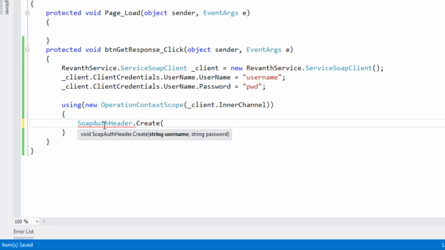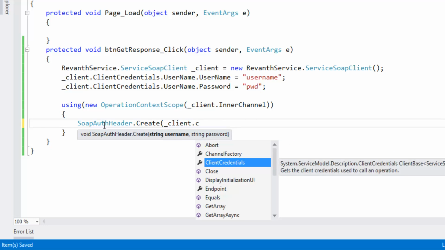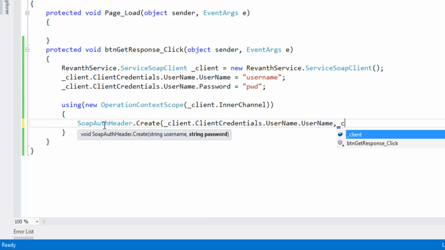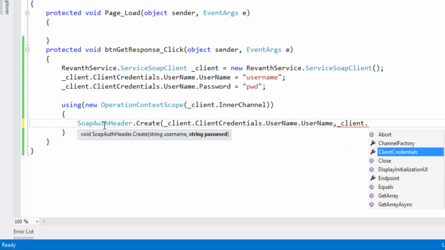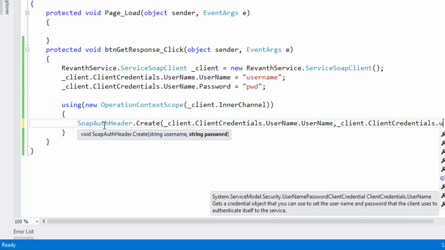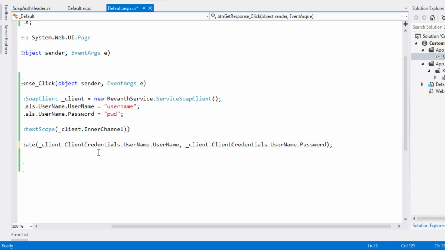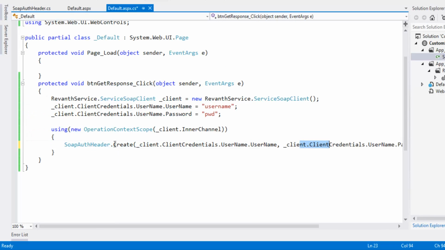Let's pass username and password, client dot username and client credentials dot username dot password. We need to pass this username and the password to this create method. That's it. This is a custom SOAP header. When web server authenticates this request, it will return the response.